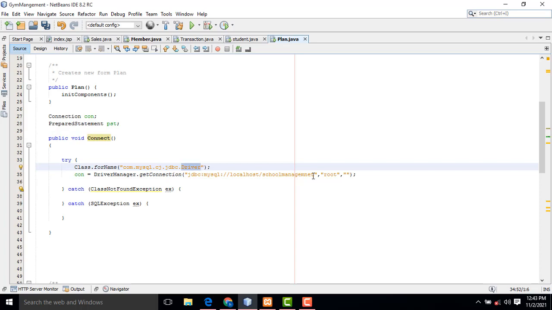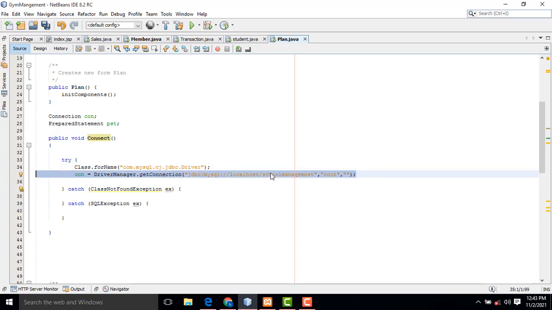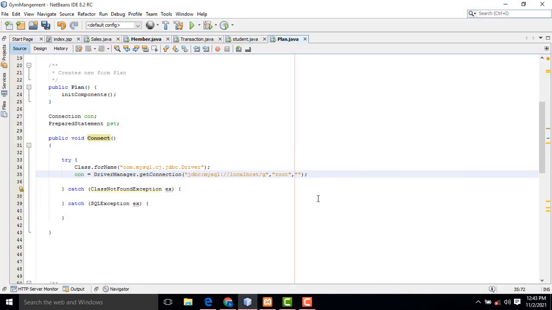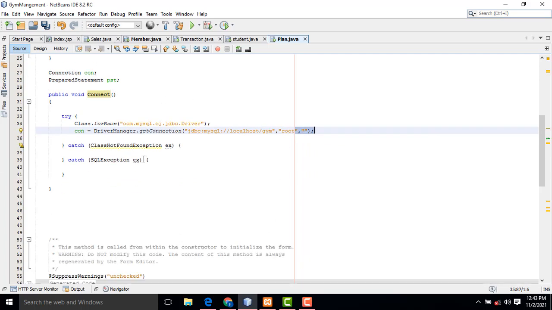Here first we have to register the MySQL driver. This is the old way to register the MySQL driver. You have a new way: you have to put it as cj, so you have com.mysql.cj.jdbc.Driver. This is the path where your database resides: localhost, MySQL.